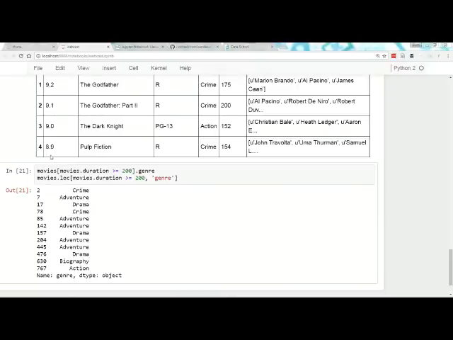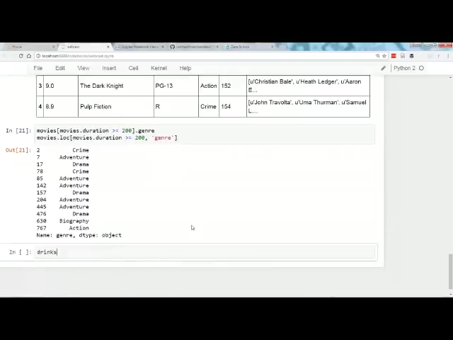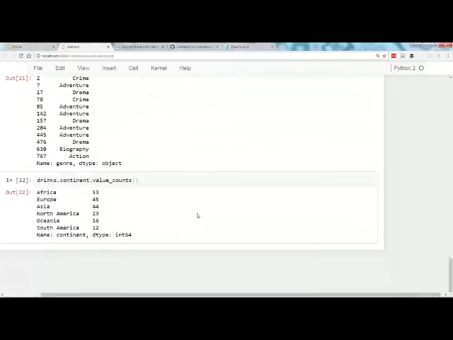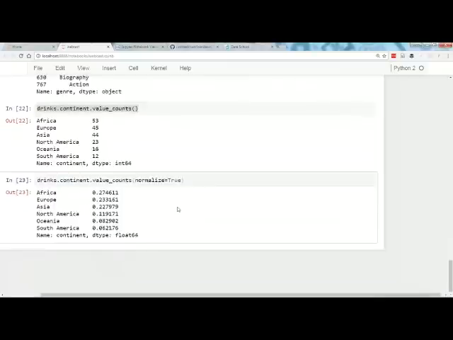Okay, Abhi. All right, let's write some code here. Value counts. Maybe I'll use drinks. How about that? All right. drinks.continent.value_counts. Okay. Here is value counts. If you want value counts normalized, I'll do that as well. And I think there is normalize=True. Okay. So that's the normalized value count.